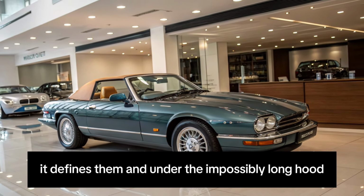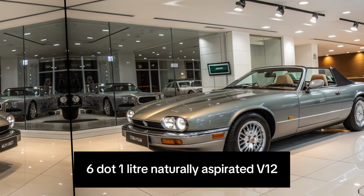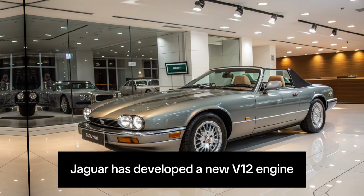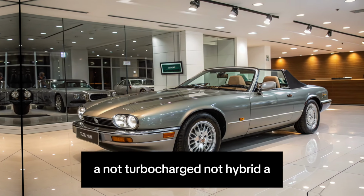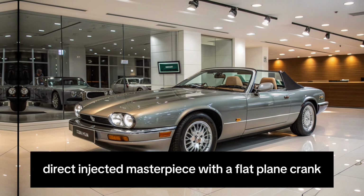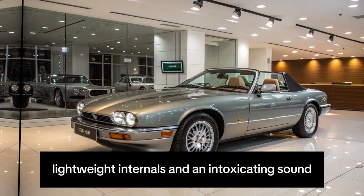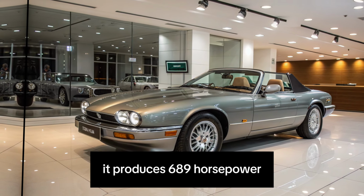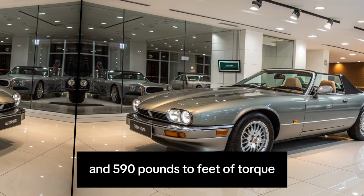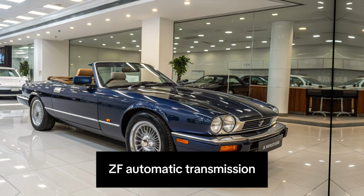And under that impossibly long hood, let's talk about the centerpiece, the 6.1-liter naturally aspirated V12. You heard that right. Jaguar has developed a new V12 engine, not turbocharged, not hybrid, but a clean-sheet, direct-injected masterpiece with a flat-plane crank, lightweight internals, and an intoxicating sound. It produces 689 horsepower and 590 pound-feet of torque, routed to the rear wheels through an 8-speed ZF automatic transmission,